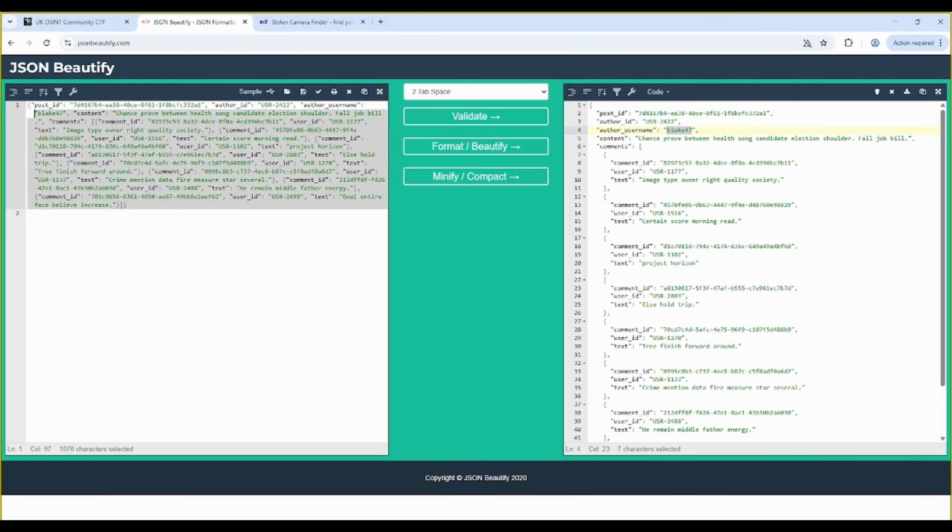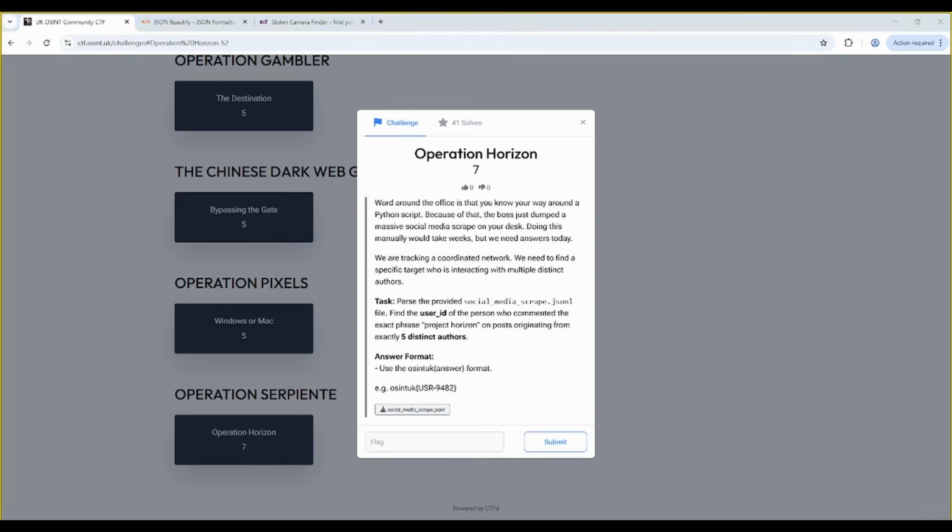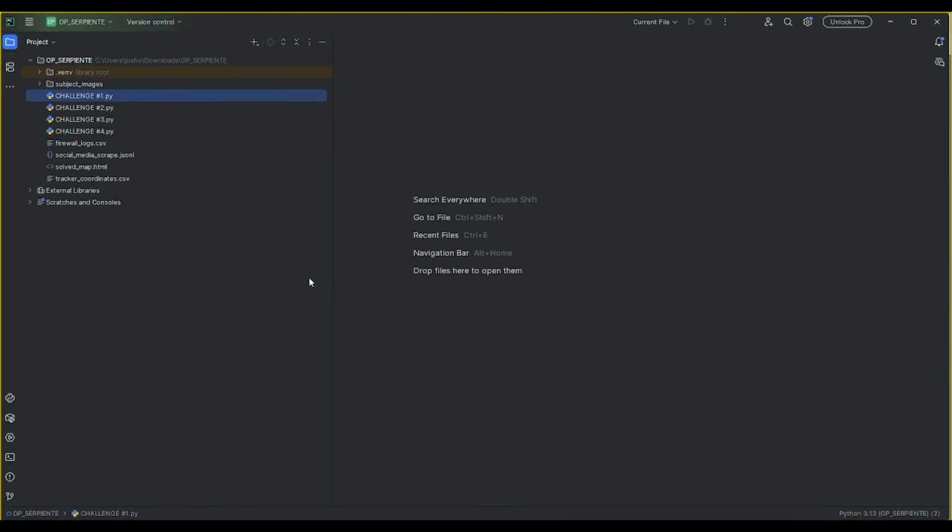Obviously, if you were to do this with 20,000 lines, it's just not doable. It would take so long, and it's a waste of time. So that's where we can use Python instead. I just have all of this open in PyCharm, but you can use lots of different things for this. I've got this one Op Serpiente folder with all of the solution scripts and all of the data from the different challenges. For example, this one,